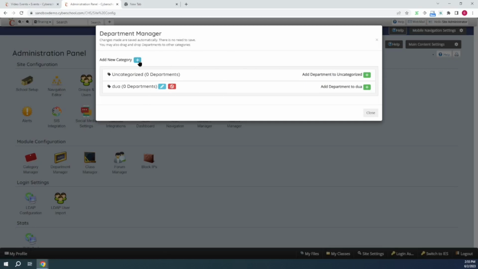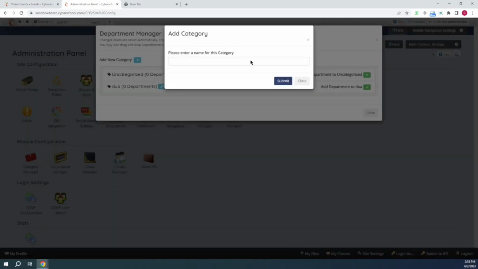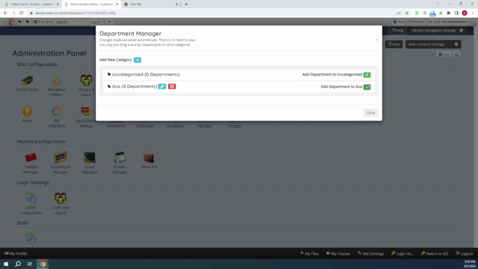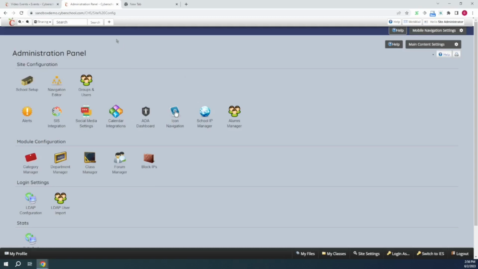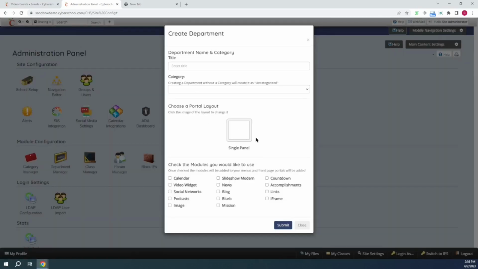Here you can add categories by clicking that. You can put a name in here for the category and then click submit. And then you would click this button here to make a department. So you put the title, which will be the URL usually, and then you can do a department intro. However, if you use the Quick Add button up here to do that, you will get a few more options